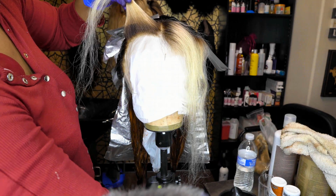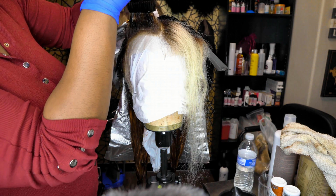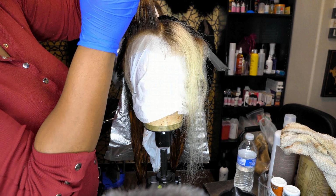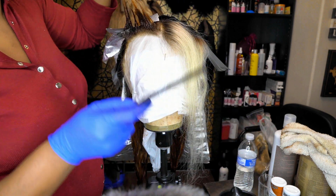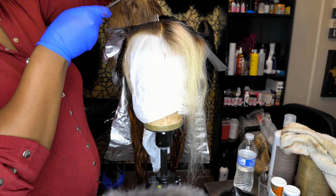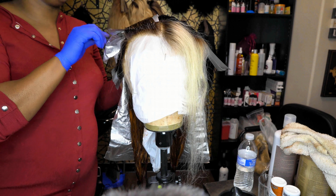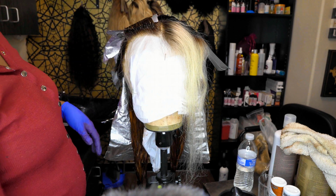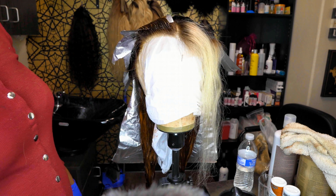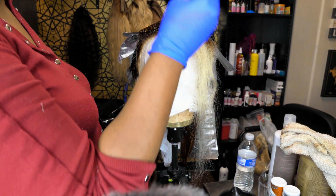All right, grab my cinnamon and add that to the very front, about 1/2 inch from the root. All right, grab my comb, blend it up. All right, and now just color the rest. So I'm gonna do this other little panel the exact same way. All right, and I'm gonna let it sit for about 30 minutes or so while I color another wig, and